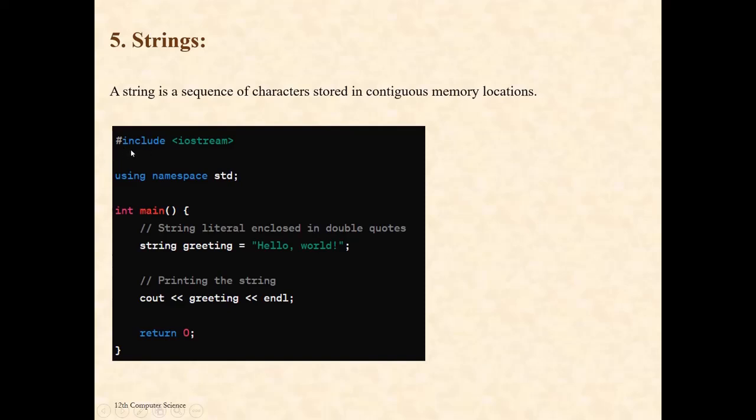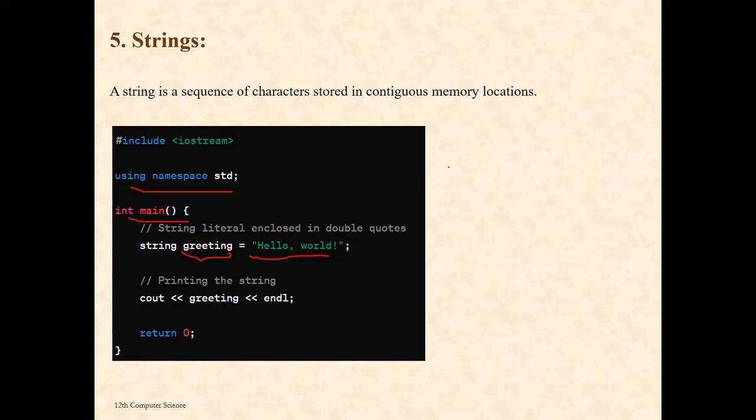Here in this program, it is a simple program. Hash include iostream, that is always required, we know. Then using namespace std, because if we write the code in Dev C++, this is also required every time. You don't need to write std in front of cin and cout if you are using namespace std. In the main program, we have declared one string. Its name is greeting. This is the identifier. You can give any other name. We have initialized the value of the string as hello, comma, space, world.